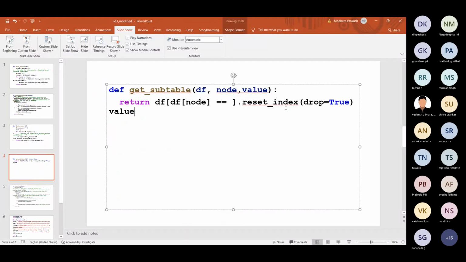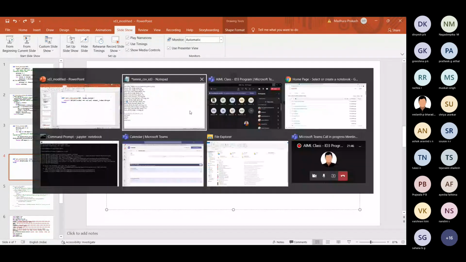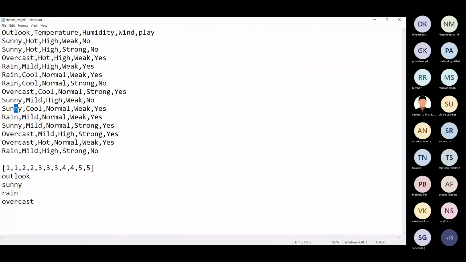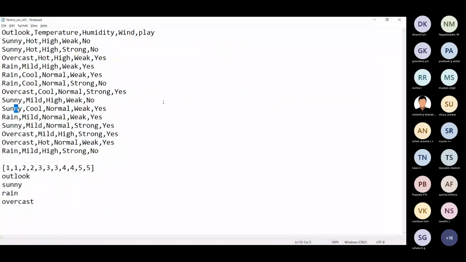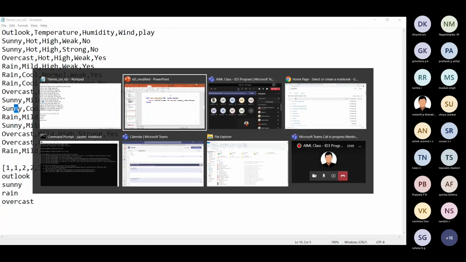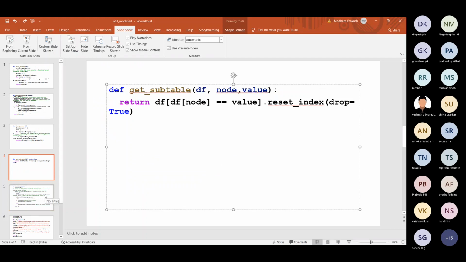Then .reset_index with drop equal to true. True is again a constant value. This will drop or remove all the remaining other entries in my data set, so you would be returning only those four rows that have these values.